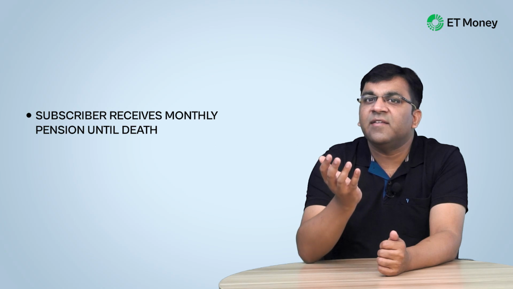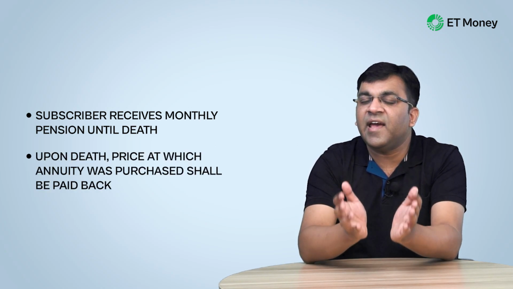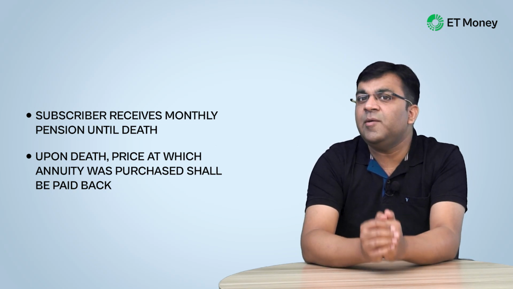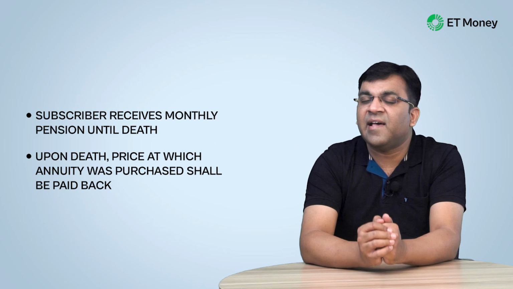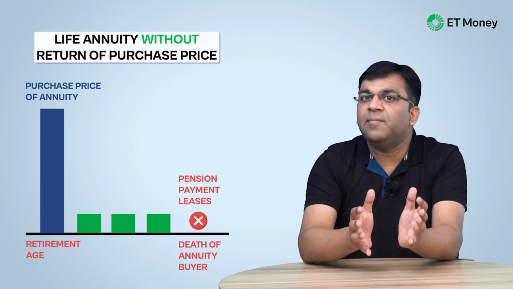The second part, that is the with return of purchase price part, means that upon the death of the annuity buyer, the price at which the annuity was originally purchased shall be paid back to the nominees as a lump sum. To put it more graphically, in the life annuity without ROP plan, the lump sum money paid by the subscriber